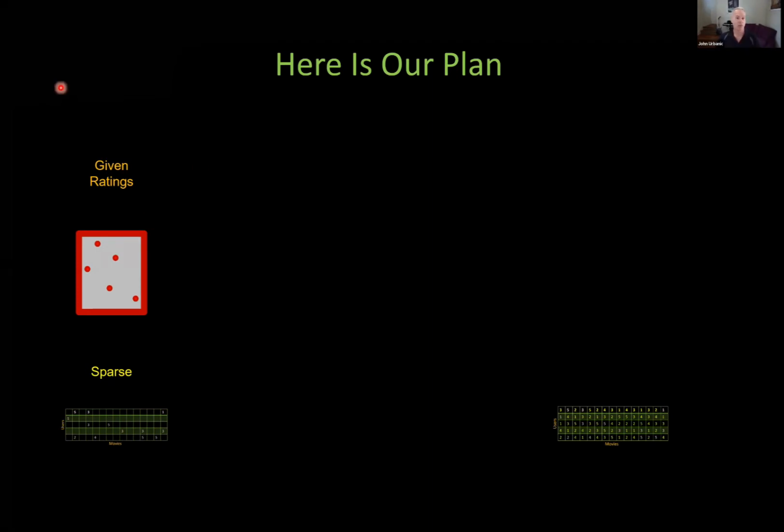Here's our general plan as we've formulated these pieces. So we're given this sparse R matrix here. And again, if we want to think of it in a tabular form, down here, this is what we're given. We're given this sparse matrix. We'd like to fill in all the values so we can predict for any user any given movie that they might be interested in. So we're given this, we want to end up with that.